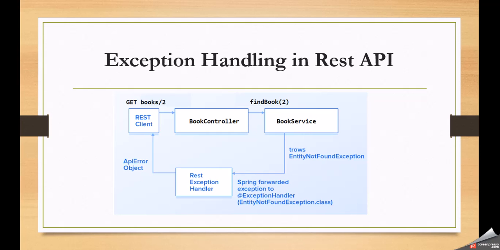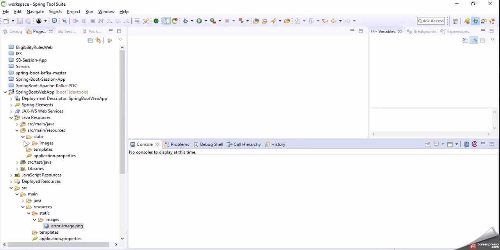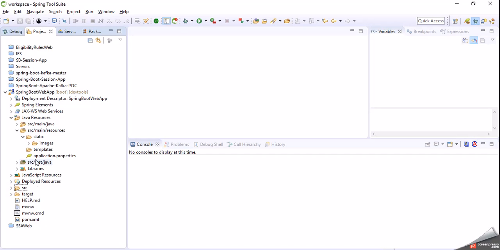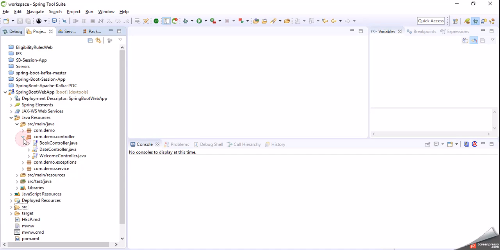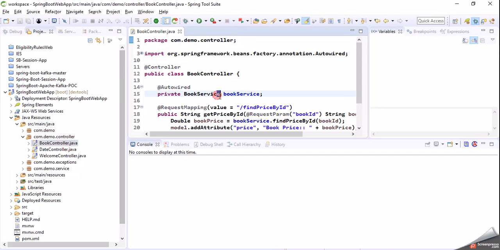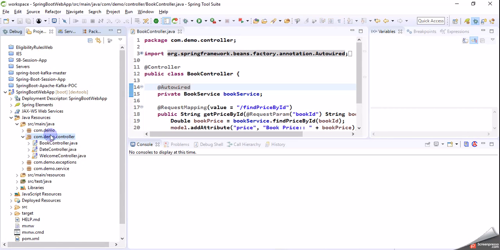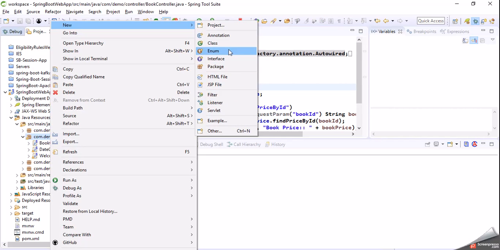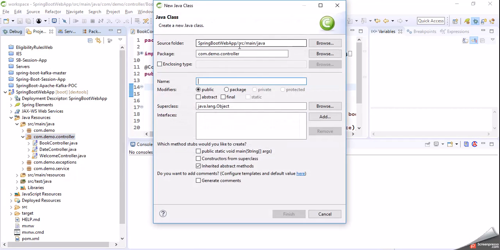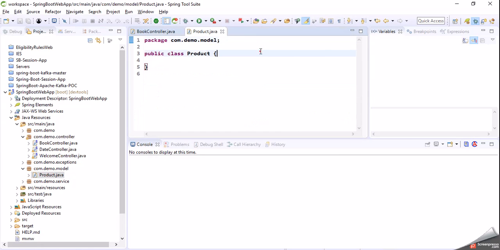Let's get started. As we have seen in the previous video, we have already created the classes in a Spring Boot project. Now I am using the same project here. Here we have a class with a name called BookController. Similarly to this, let me create one more class with a name called Product, in a new model package. I am creating a class with a name called Product,